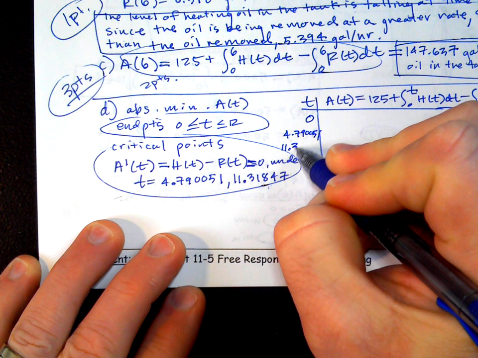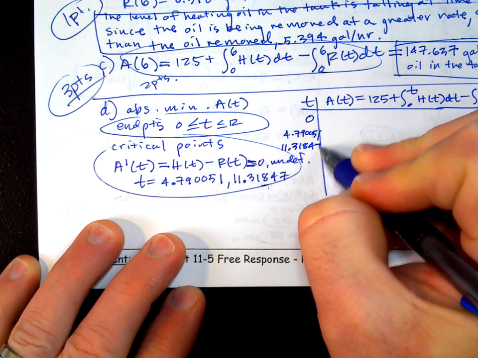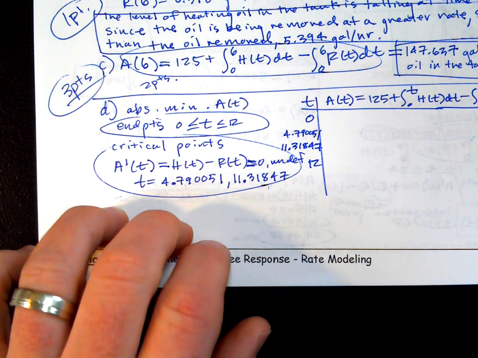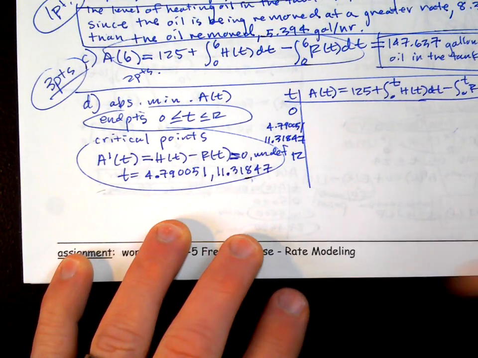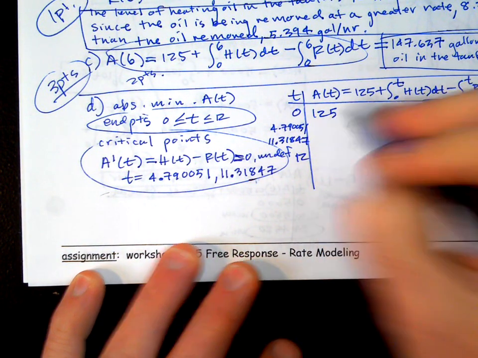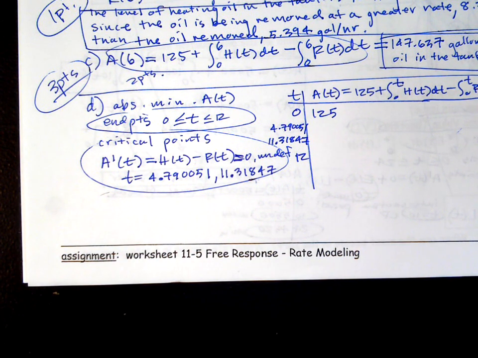Remember, write more than 3 decimals if you're using it to calculate other things, okay? Now, 0 is easy. That's 125. And then